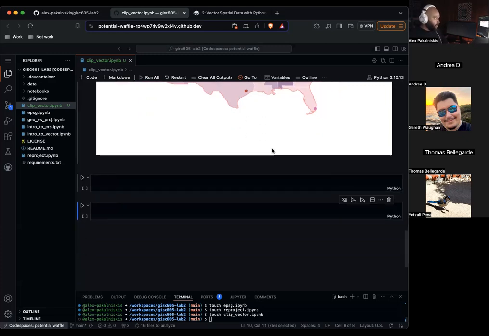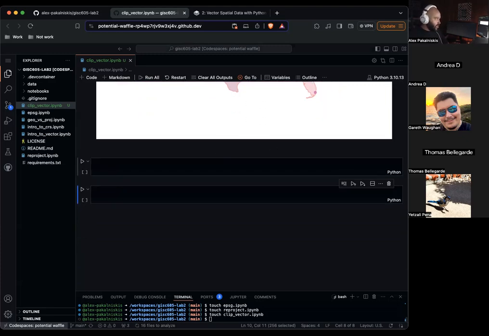So let's clip the roads layer. We're going to use the country boundary layer and a clipped version of the Natural Earth 10-meter roads layer. And so let's try to do this.